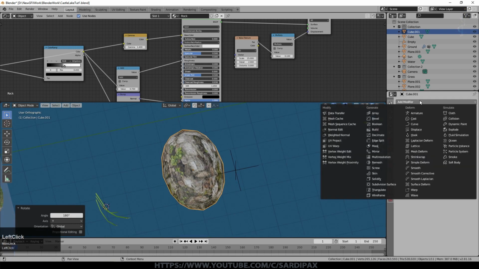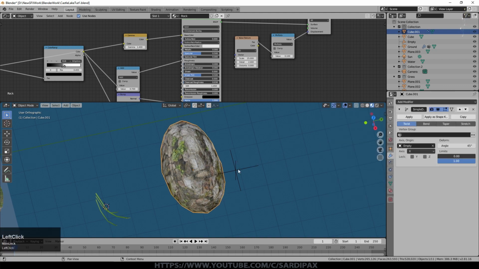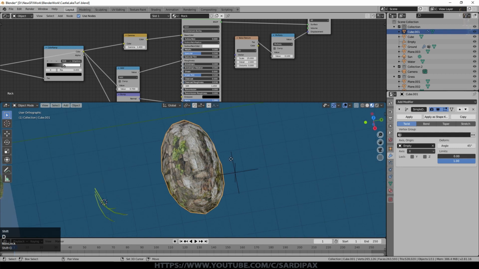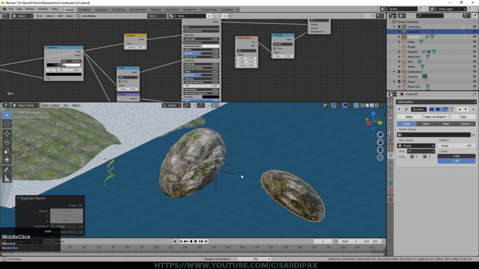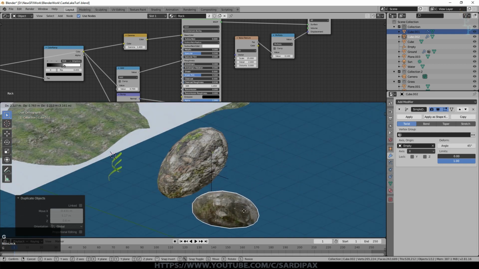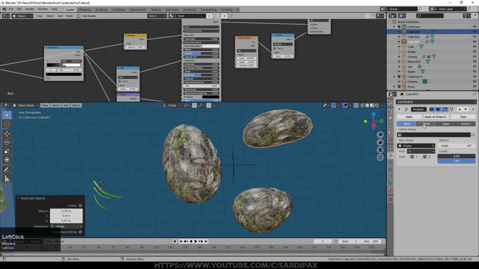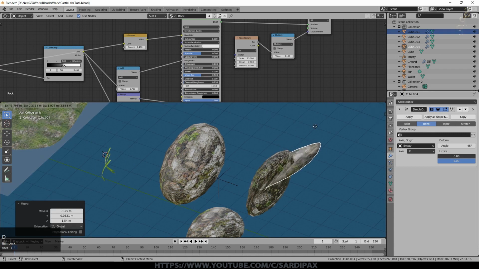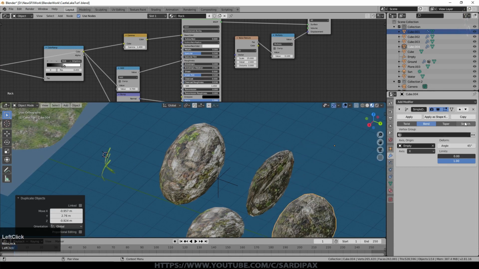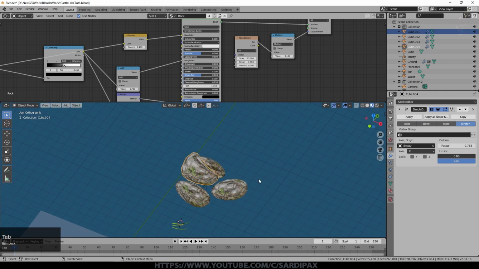So we go to modifiers, we'll add a modifier which is a simple deform modifier. The origin, we will pick the empty that we moved, and now Shift D to create a duplicate. And you can see as we move it away, it changes shape depending on where it is relative to that empty. And then I'll create another one, but this time I'll perhaps select bend. That created quite a flat rock. And another one that perhaps will have stretch. See what that looks like. Not particularly keen on that one, but you get the idea.